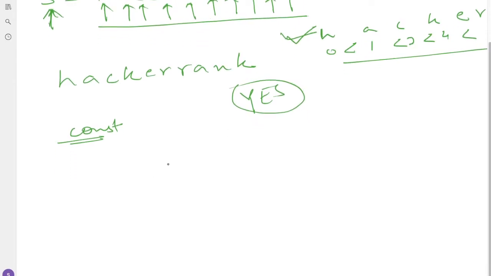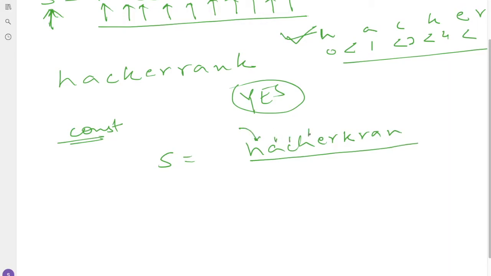Suppose someone has entered S equal to H A C K E R K R A N. In this given string, HackerRank is present. You can see H A C K E R R A N and K. But this string is not satisfying the criteria.